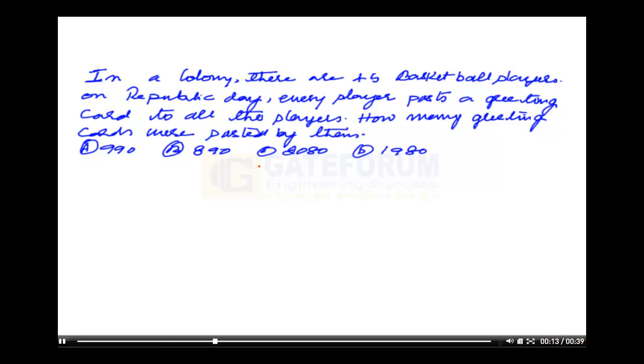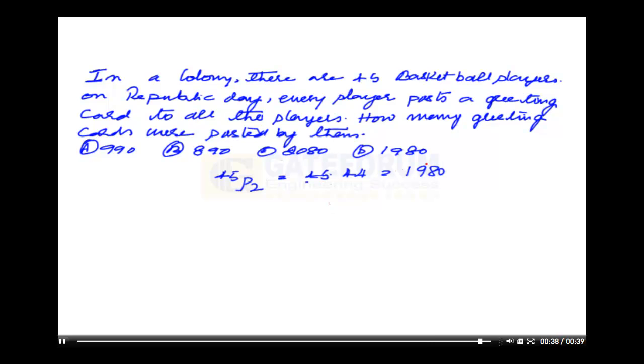Therefore here we have to consider the permutation of the players. So out of 45, every two players post one card to each other. Therefore 45P2 equivalent to 45 into 44. So that is equivalent to